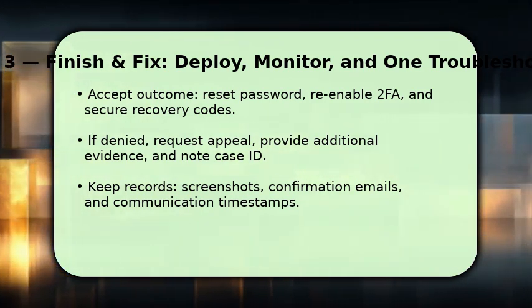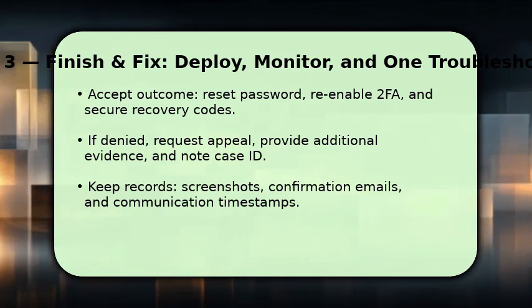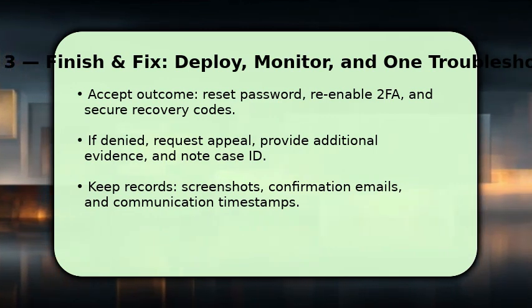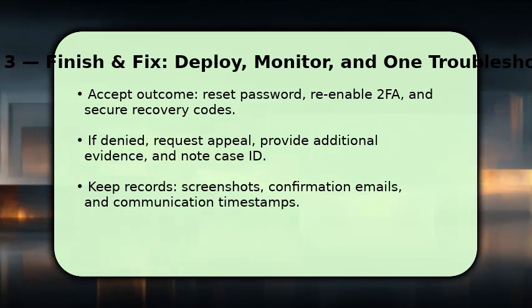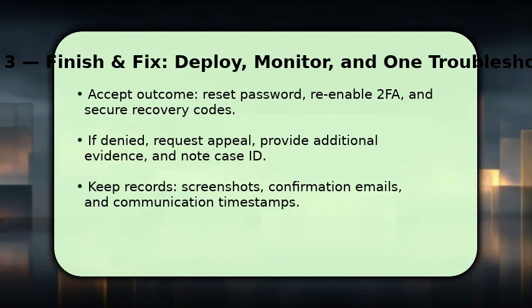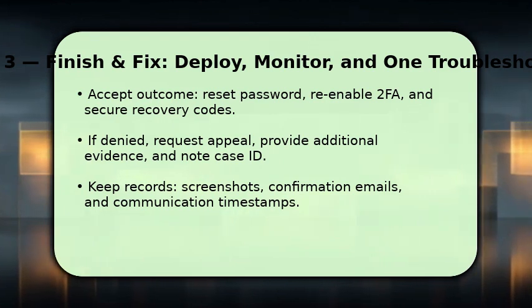If your request is denied, file an appeal promptly. Attach extra proof like transaction hashes and customer support case ID. One key troubleshooting tip: if automated verification fails, escalate with clear, time-stamped evidence and ask for manual review. Manual reviews take longer, but they resolve complex ownership